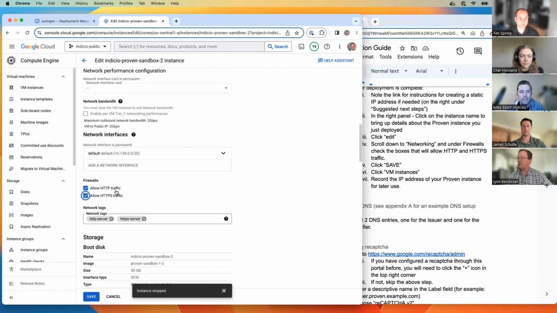I've missed this a few times, so I want to make sure and highlight that you have to allow HTTP and HTTPS traffic inside of your instance for Proven to be able to run. So we scroll down there, save that configuration, and then